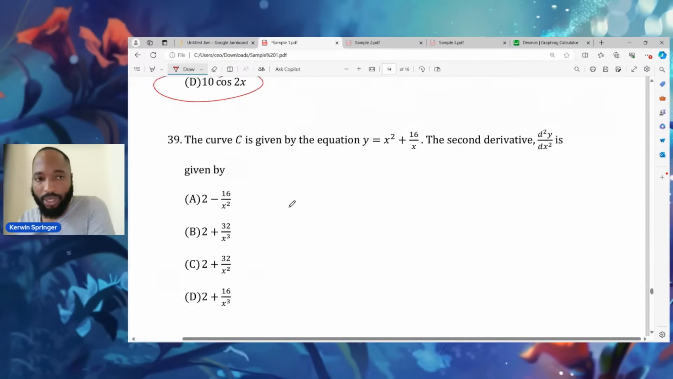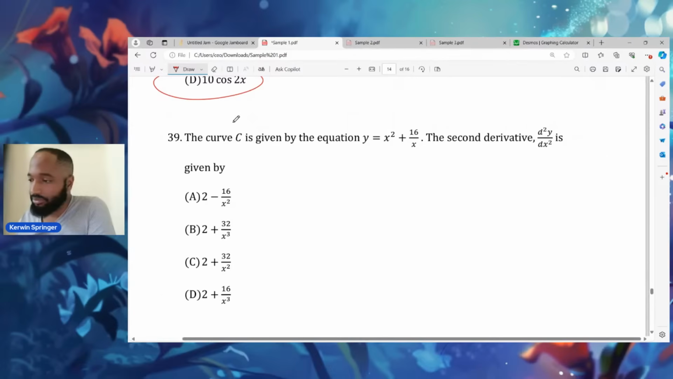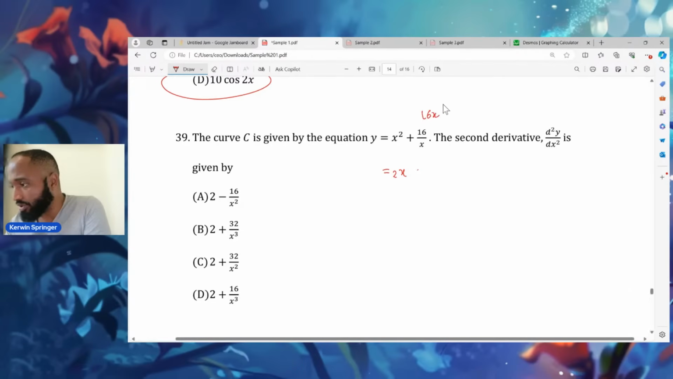All right, we keep it pumping. Everybody good so far? The curve C is given by an equation where the second derivative is given, so we're going to differentiate this twice. Yes, you can use your calculator in paper 1 for add maths. This is really 16 times x minus 1, so this is negative